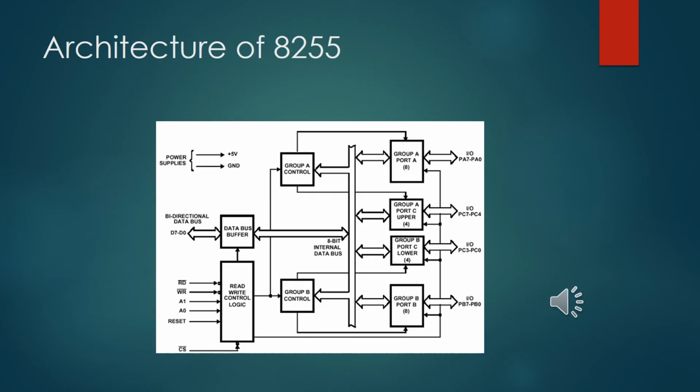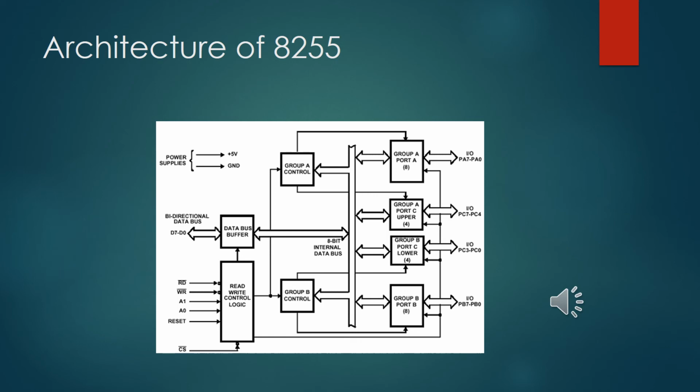Now we are seeing the architecture of 8255. As I said earlier, the parallel input output port chip 8255 is also called a programmable peripheral input output port. It has 24 input output lines which may be individually programmed in two groups of 12 lines each or three groups of 8 lines. The two groups of input output pins are named group A and group B. Each of these two groups contains a subgroup of 8 input output lines called an 8-bit port and another subgroup of 4 lines or a 4-bit port.